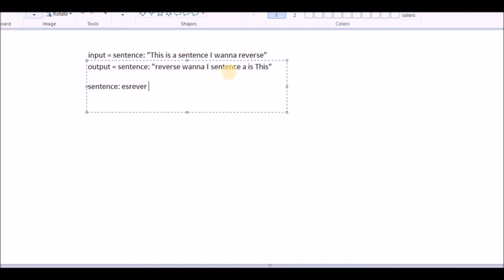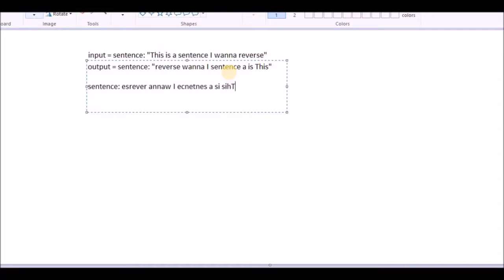So this is, I, the reverse of I is I, ECNETNES, sentence A, and then,